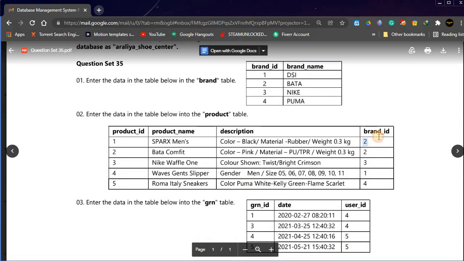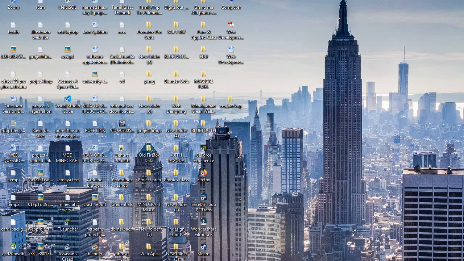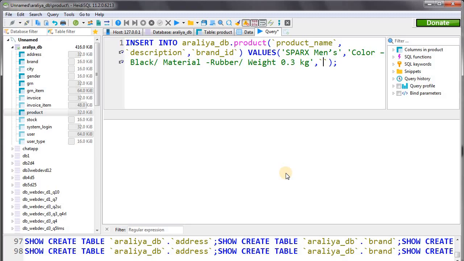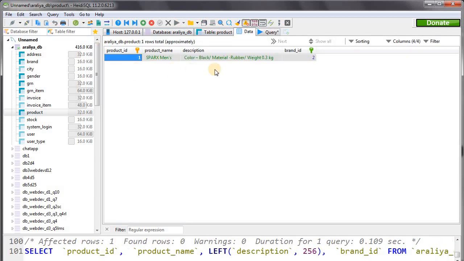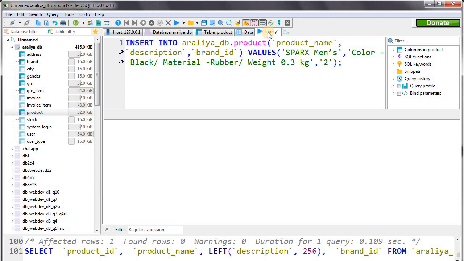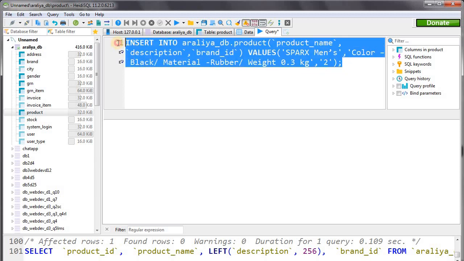The brand ID is number 2. Okay, now let's test this one. Let's execute this query and check whether the data inserted or not. Here you can see our data inserted correctly. Now we can use this query to enter other details.